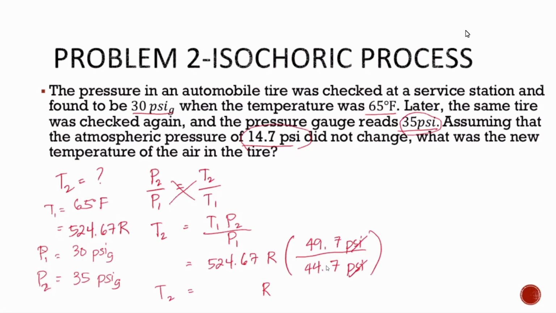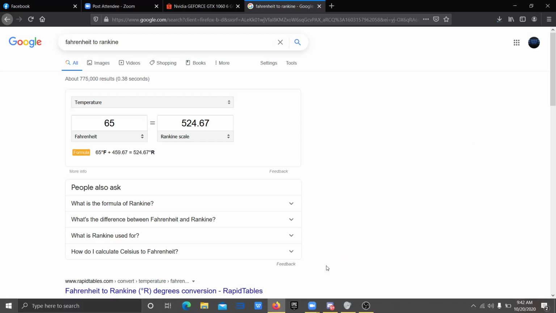So, what do we expect? Anong ina-expect natin na temperature based dito sa ating formula? Si P1 30. Si P2 nag-35, yes? What will happen to T2? Mag-i-increase po. Mag-i-increase, okay. So, dapat ang makuha nating value should be greater than 524.67 or greater than 65 degree Fahrenheit. O, what is the value? 583.36.